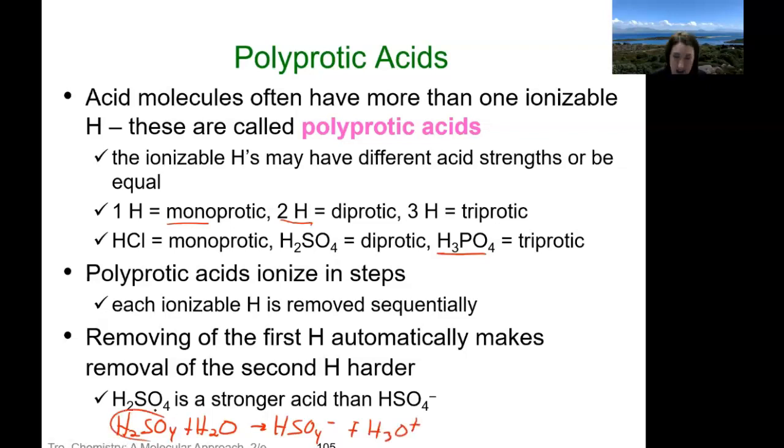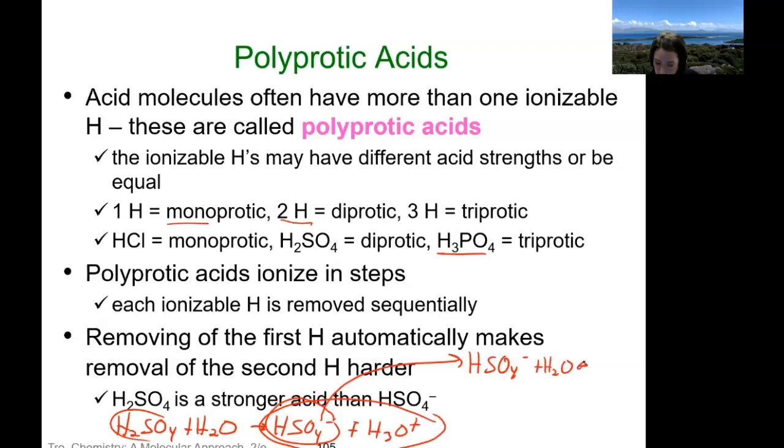This sulfate and this hydrogen are attracted to each other. But now this sulfate, right, is so much more attracted to this hydrogen. It's going to hold on to it even tighter, which means that whatever kind of ionization occurred here, when this ionizes or comes apart, it's going to be even less, right? Which means that it will be a weaker acid. Now, what do I mean by that? So when this comes apart,